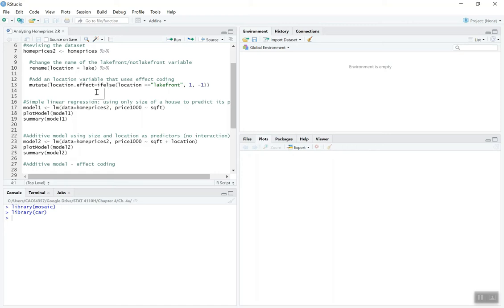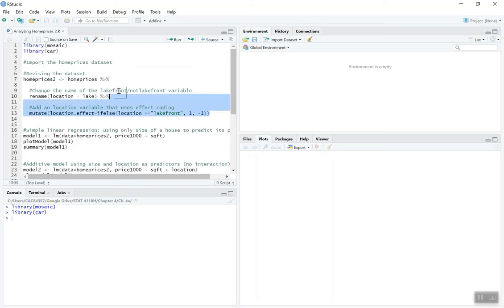So this is like an if-then statement. R calls it if-else. So if location equals lakefront, then 1. So we're assigning that to the number 1. And then otherwise, so in this case, houses not on the lakefront get a -1. So remember, if you were to just run this part, if you were just to put home prices through the pipe and do these changes,